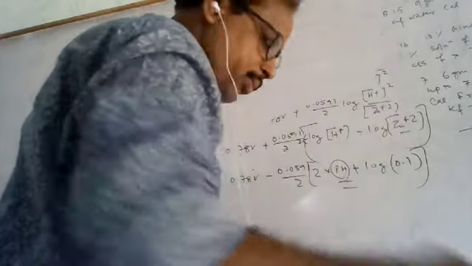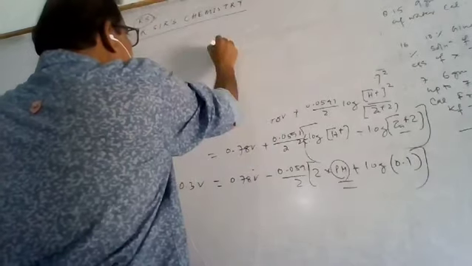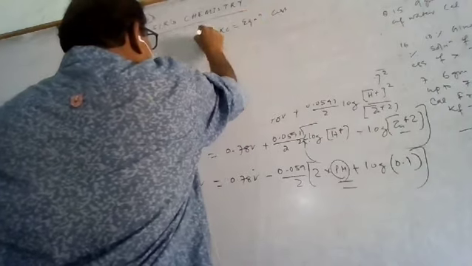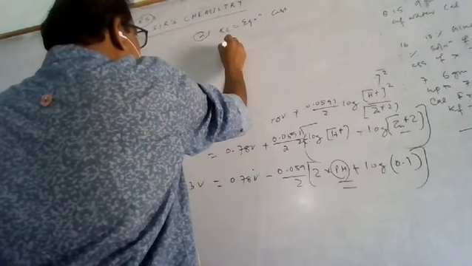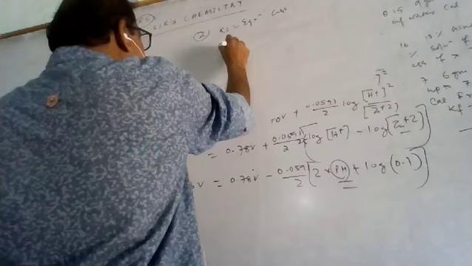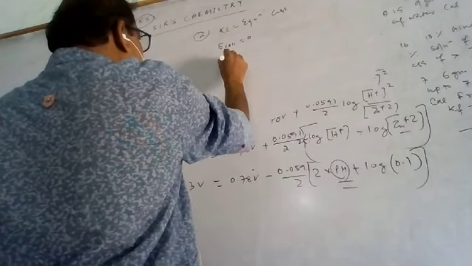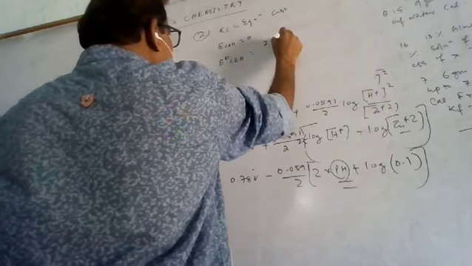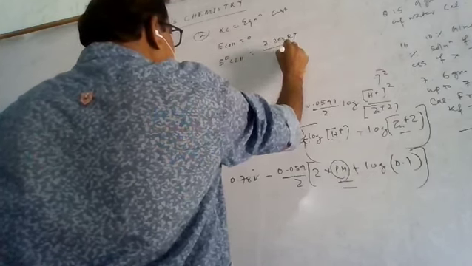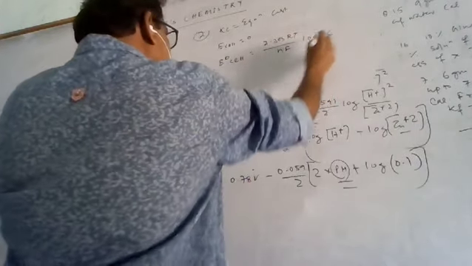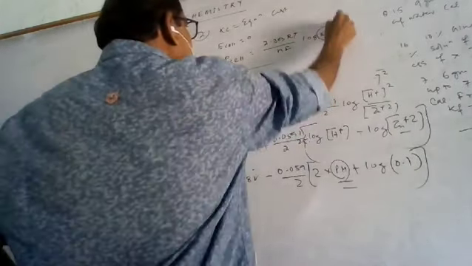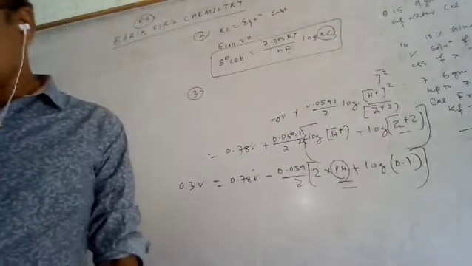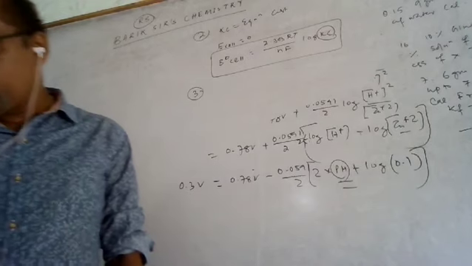Just I am writing some of the formulas. So the equilibrium constant, the Kc, can be determined. That is another application. At equilibrium, the E cell is equal to 0. So the E naught cell is equal to 2.303 RT by NF log Kc. So the equilibrium constant can be determined by this equation. This is one of the another applications of the Nernst equation to determine the equilibrium constant.